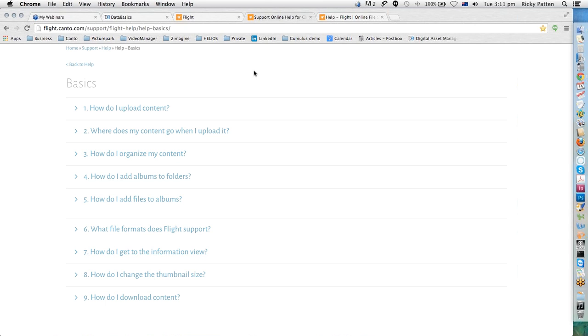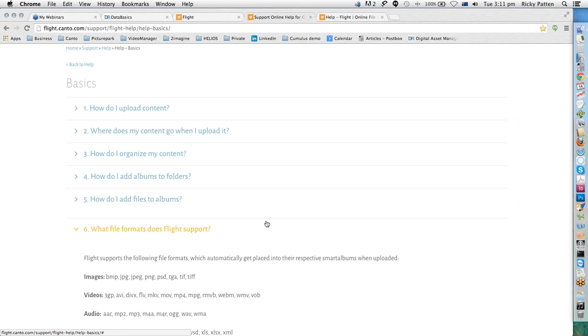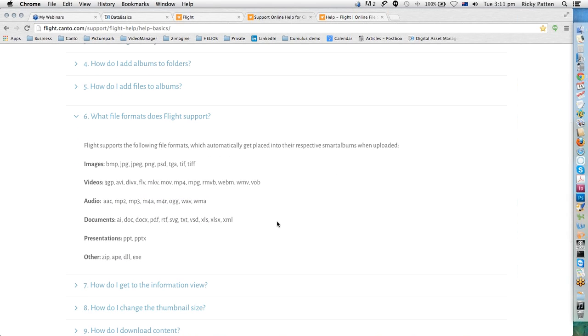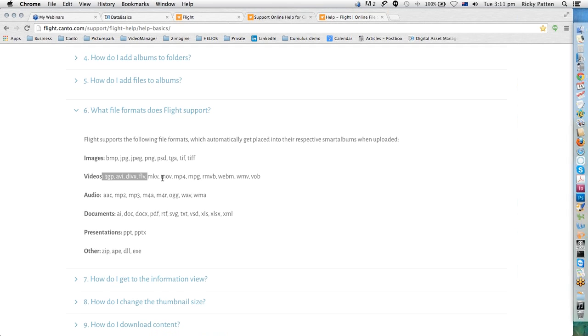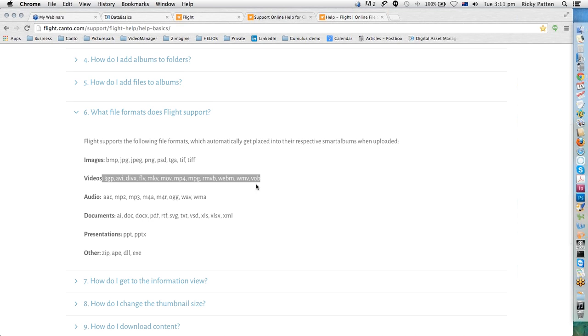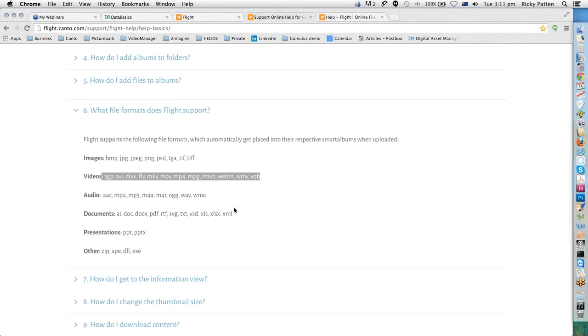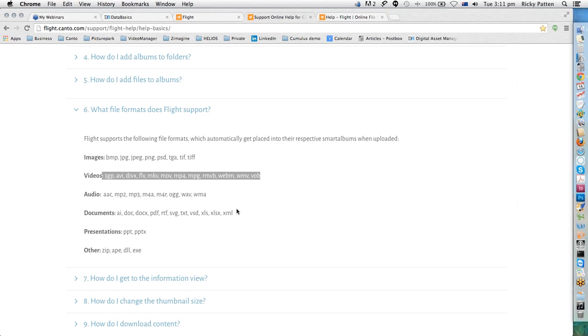You can see that Canto provides a whole wide range of information about the Flight solution. So let's have a look at what file formats Flight supports. You can see here that we've got a wide range of different image formats, a very large list of video files, audio files, documents,